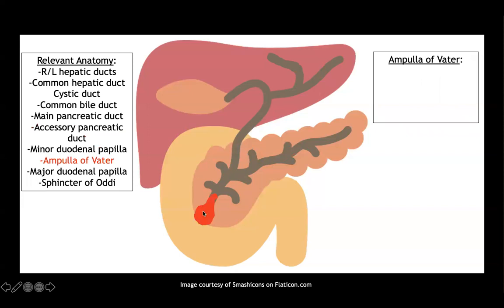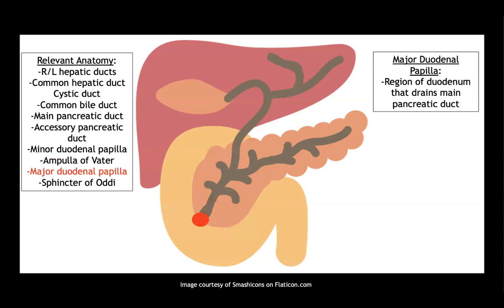At the end of the main pancreatic duct, you have your ampulla of Vater, which is a widening of the duct right here. And this helps to increase outflow of both pancreatic fluid and the fluid coming from the common bile duct, like bile. Here we have our major duodenal papilla, which is the region of the duodenum that drains the main pancreatic